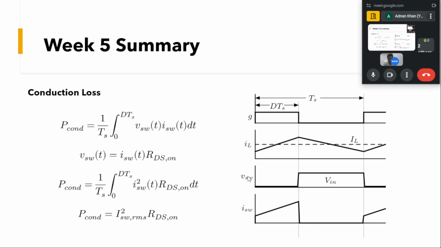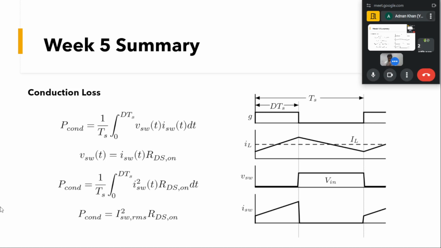But here we know that V switching will be equal to I switching into RDS on, because in MOSFETs we are provided with the RDS on, and if you assume the RDS on is constant, then V switching will be equal to I switching into RDS on. If we substitute this V switching in the first equation, we get P conduction equal to I switching square into RDS on. What this means is that if we know the switching current and RDS on, we should be able to calculate the conduction power loss